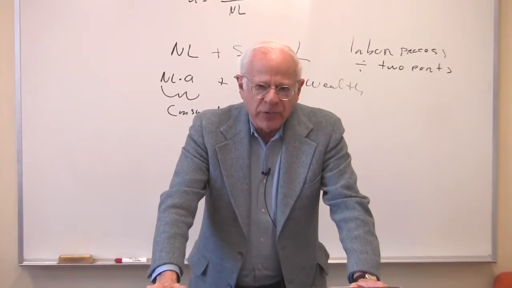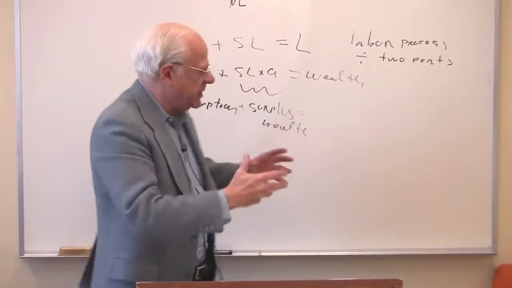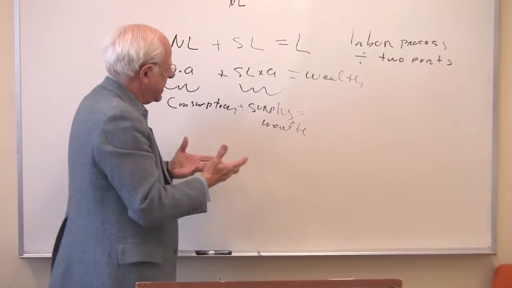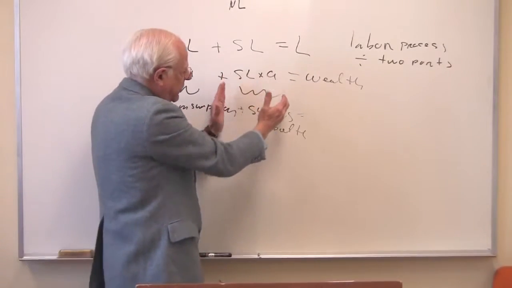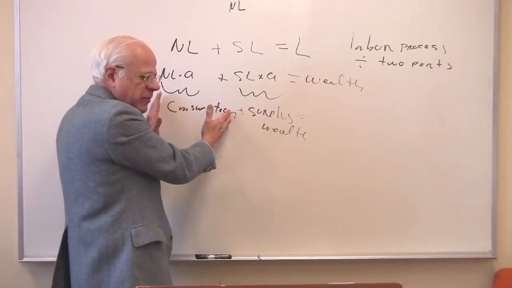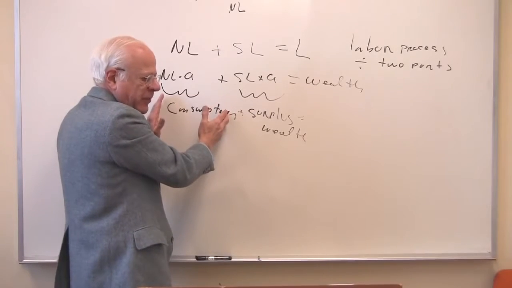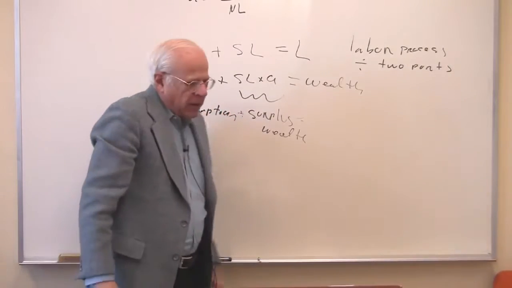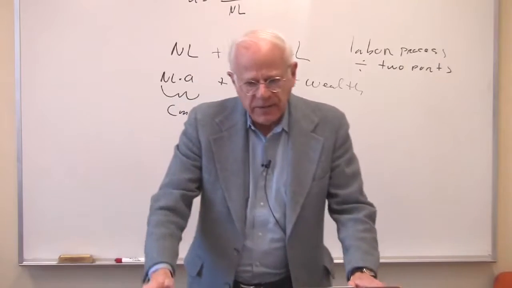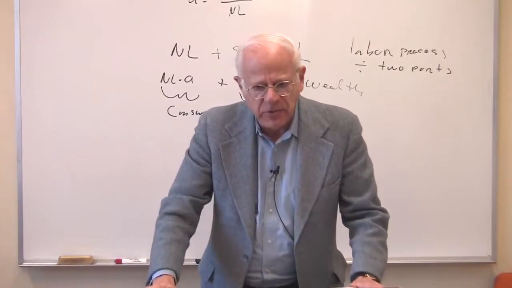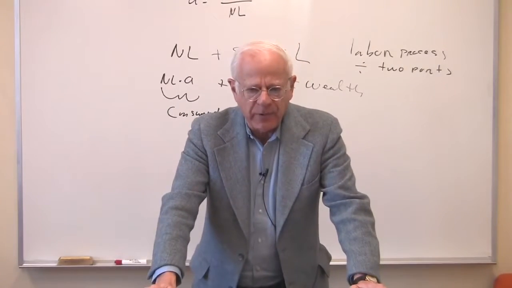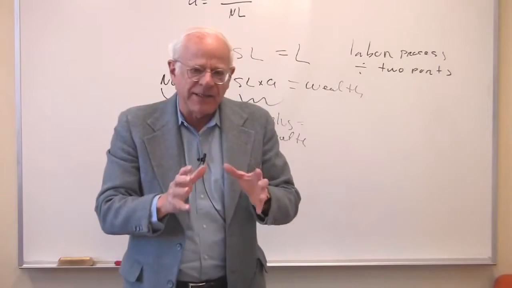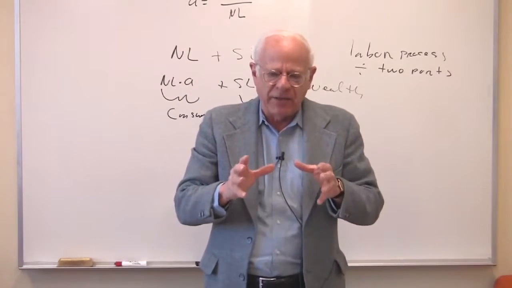Why would anybody produce surplus? Once you introduce this, the logic is you have to ask the question, why would anybody produce an extra above and beyond what is necessary to sustain those laborers? And Marx then theorizes, and this is in volumes 2 and 3 of his great work, Capital, that the surplus is necessary for a society to exist.